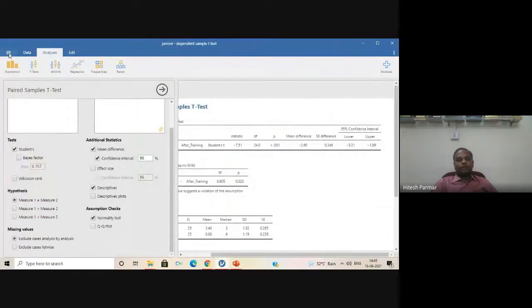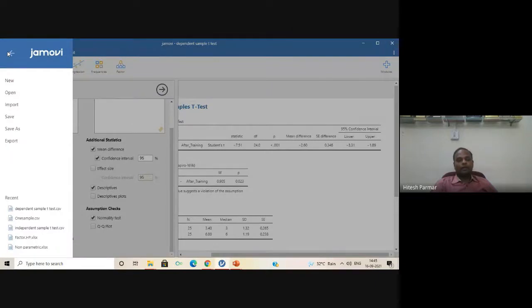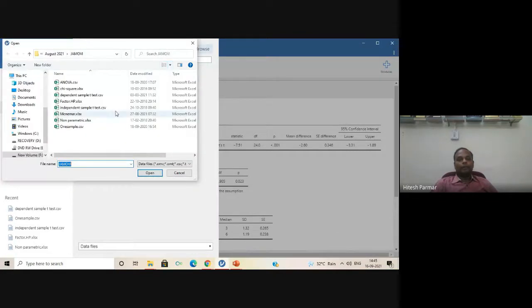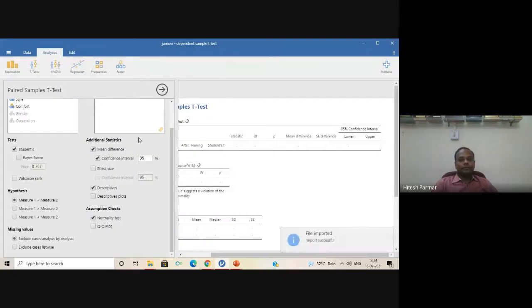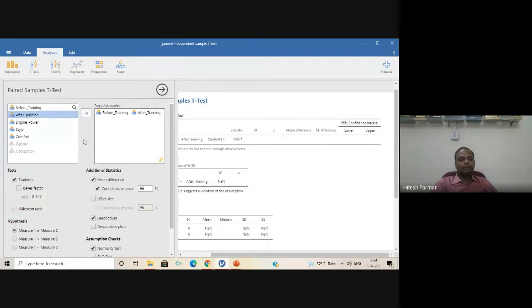Now, if you understood that, if you do not have any question, then just open the file non-parametric. Do we have data in non-parametric? Let me check the data, whether the Wilcoxon data is available or not.